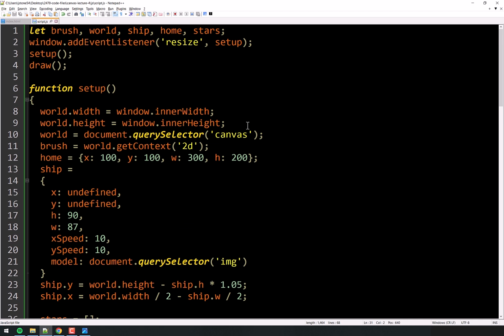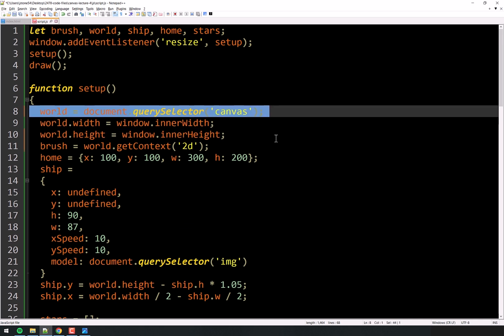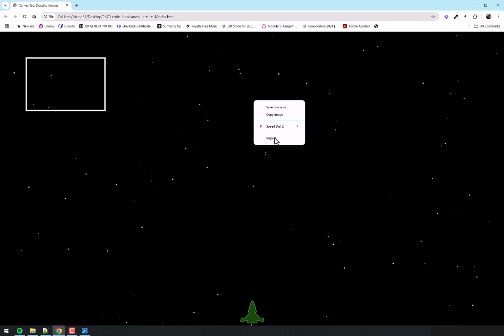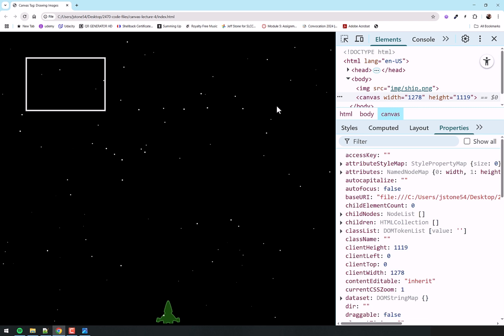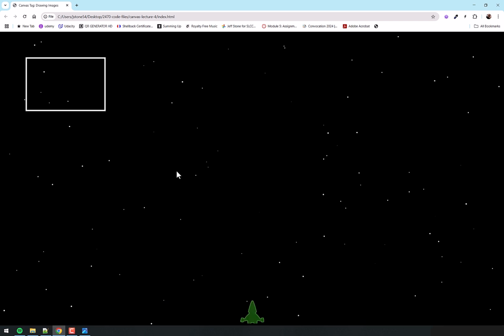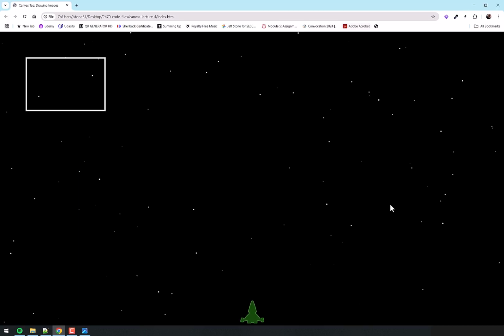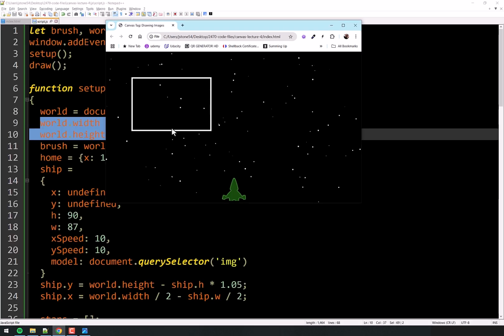Now, of course, we got to make sure to move the world creation before the height and width, and then refresh. And we'll open up the console, refresh it again. And now I'm going to close the console, and you can see that it resized everything. It redrew all the stars. It redid everything. And this is the behavior I want. So if I change this, I shrink it. Now this is our new playing size, right? And if I grow it, this is our new playing size, and the stars are spread everywhere. And see there's 2 in the box there. If I shrink it down, you'll see that it's been redrawn with different sizes in the box, okay?